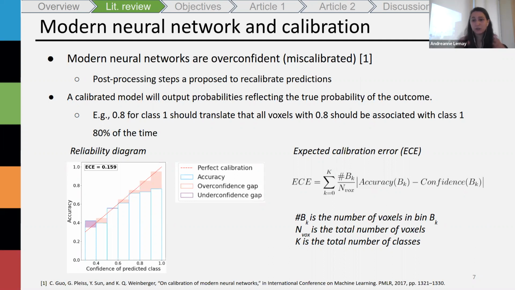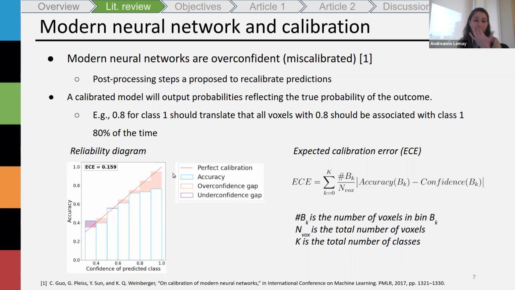So one way to quantify the calibration is to do a reliability diagram as we see here. We take all the predictions from the model and we sort them into ordinal bins of 0.1, for example. And for each of these bins, we compute, first of all, the accuracy of the voxels, so how many of these voxels were well classified, and we compare this to the confidence of the model, which is the average prediction in this bin. And what we would hope is that the accuracy and the confidence would match. So we want to see white bands that fall very closely to this red dashed line, which represents a perfectly